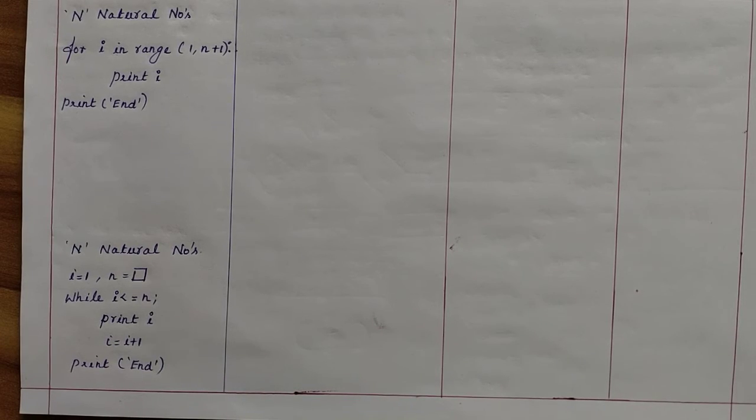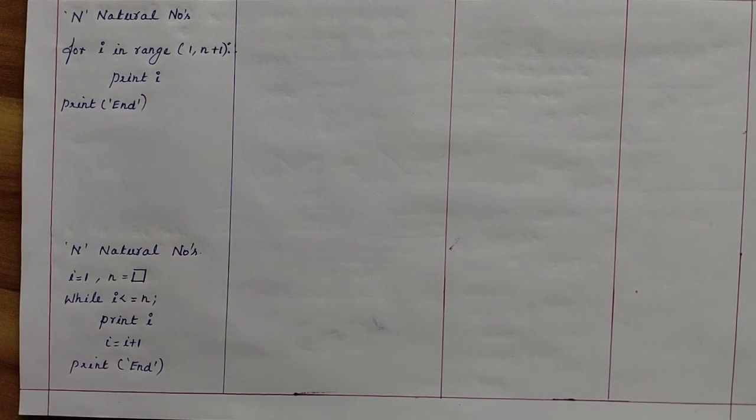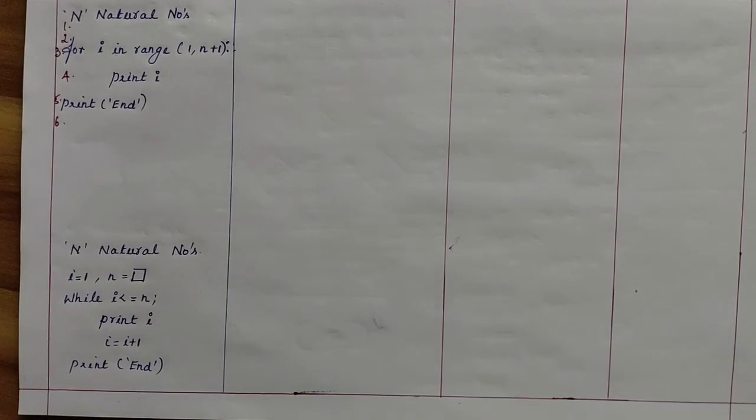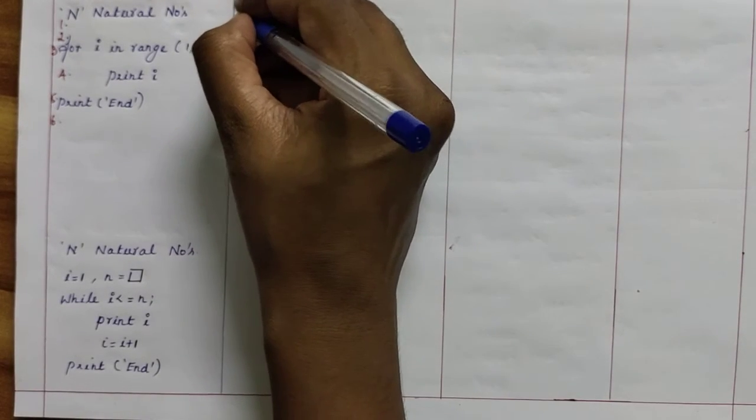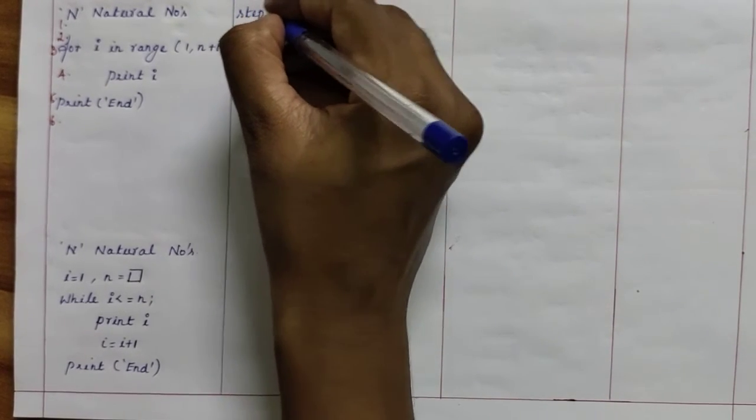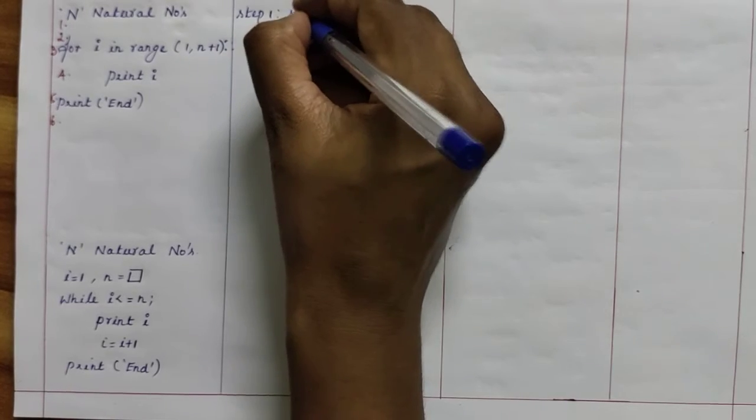As I already said, whenever you are going to convert, you have to number it. So what is the first number here? First number is for start, the second one is for the input, and this line is for the third point, this is for the fourth point, this is for the fifth point, and here we also have the sixth for the stop. Now we are going to write the algorithm. So step number one is start.